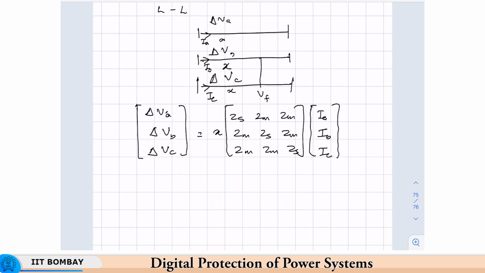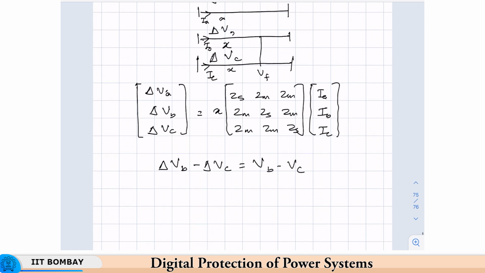Actually the first terms will cancel, but we will just anyway write them. For the second row we will get ZMIA plus ZSIB plus ZMIC minus ZMIA plus ZMIB plus ZSIC. Okay. So this will cancel, and what we will be left with is x into